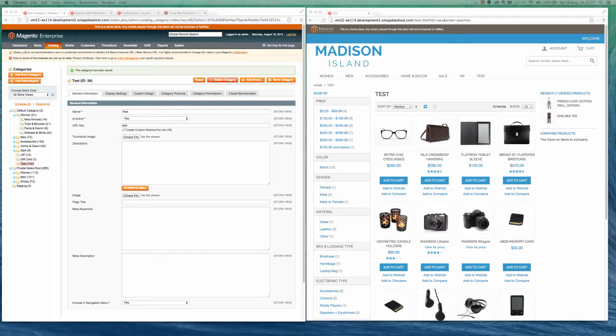One of the most powerful features of visual merchandiser is the ability for you to configure a category so that it automatically pulls in products to that category based upon product attributes. So these are rules that you can set up which enable you to create a whole range of categories that basically look after themselves, in so much as products will automatically come in and out of those categories based upon